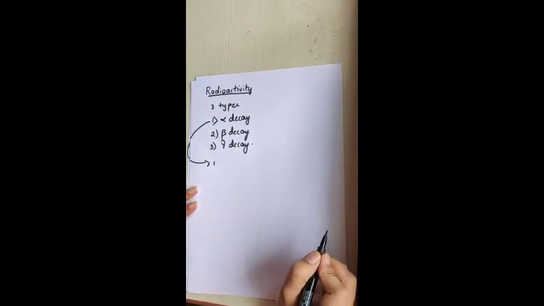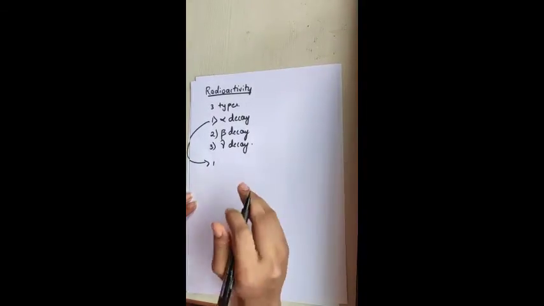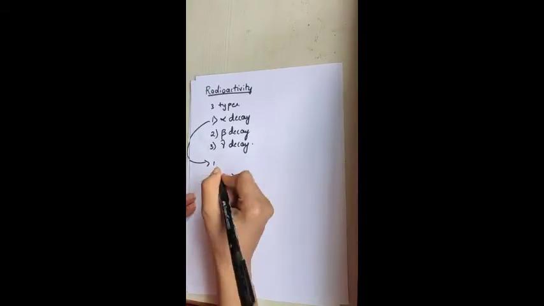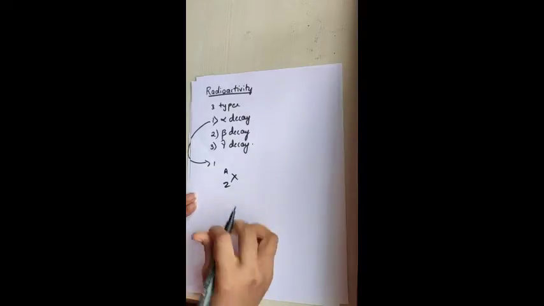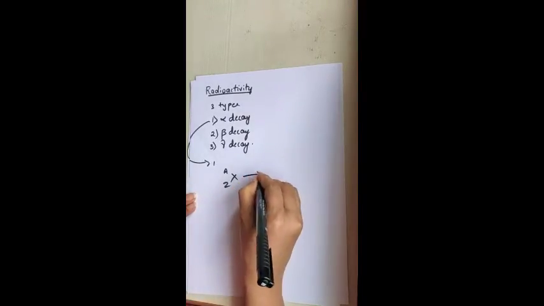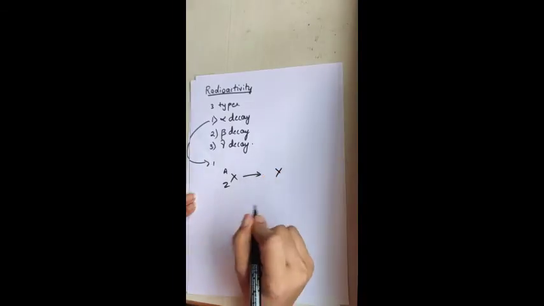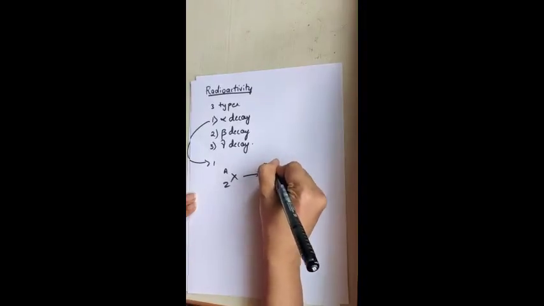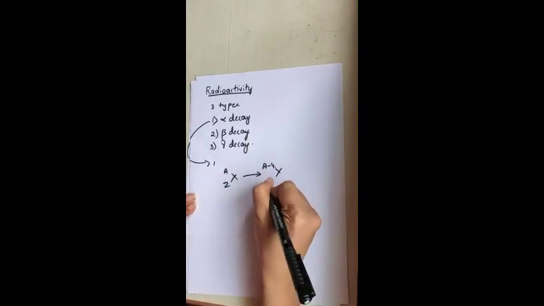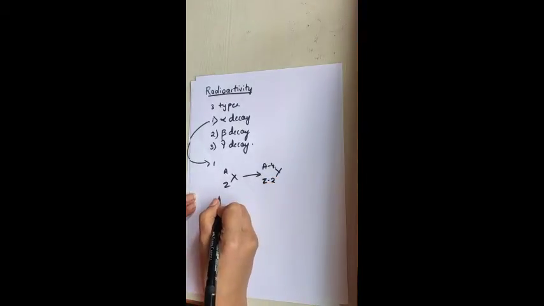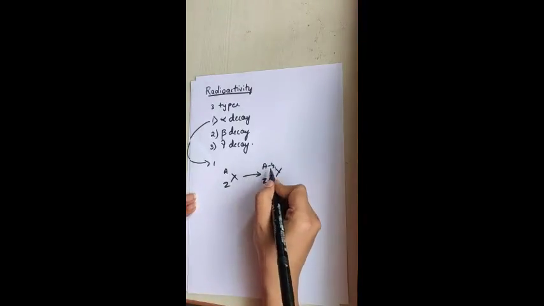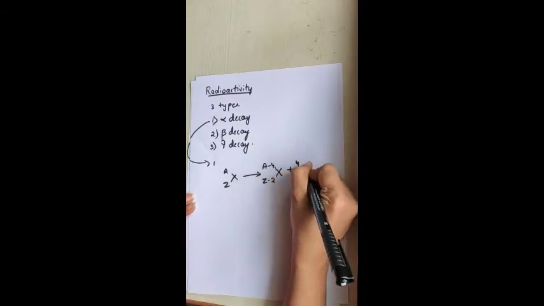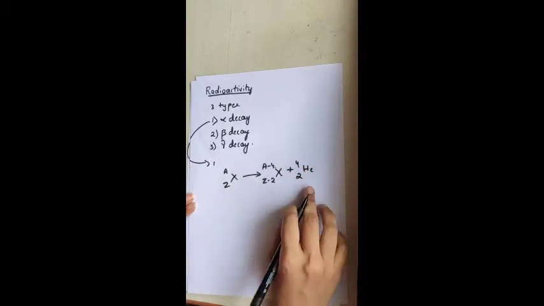Here the mass number of the product nucleus is 4 less than that of the parent nucleus. Suppose I represent a nucleus X with mass number A and atomic number Z, let it be the parent nucleus. When alpha decay takes place, the Y nucleus, which is called the daughter nucleus or product nucleus, has a decrease of 4 in mass number and a decrease of 2 in the proton number or atomic number, with the release of one helium or alpha particle.